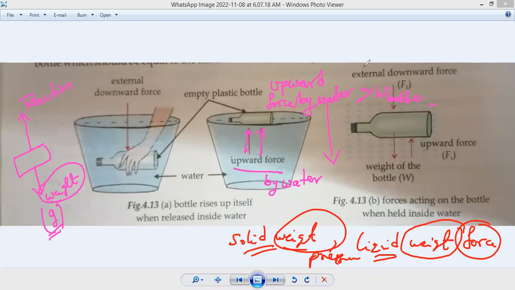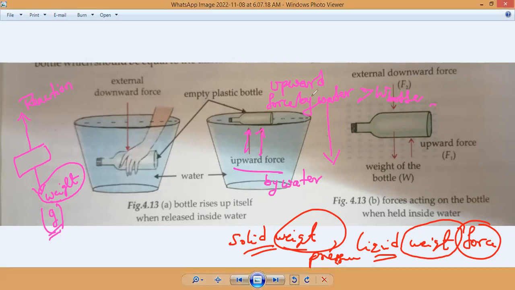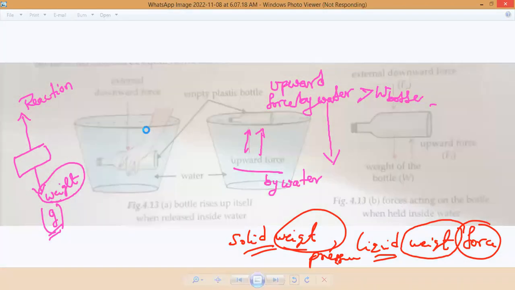Anybody? Is it coming up or settling down? It is coming up. So that is what all of you should understand. Whenever I release my hand, it bounces back to the surface of the water, because when I am immersing the bottle in water, I am